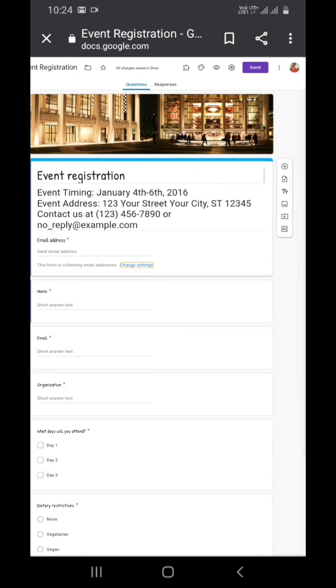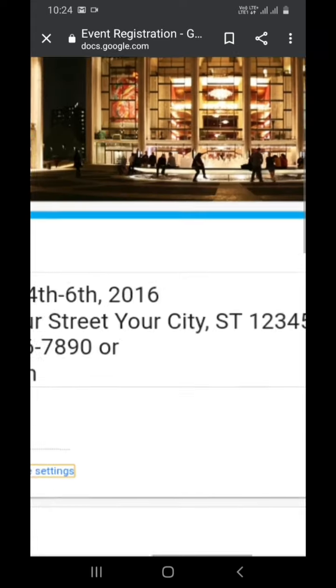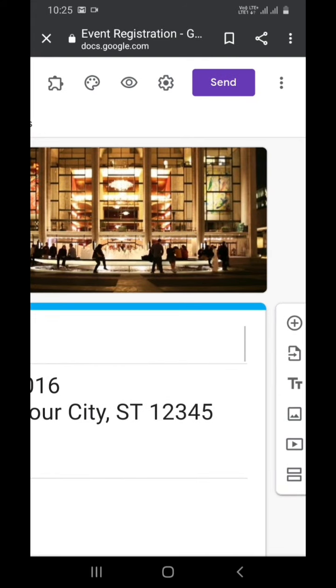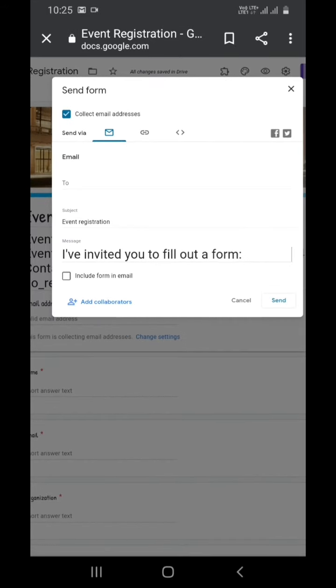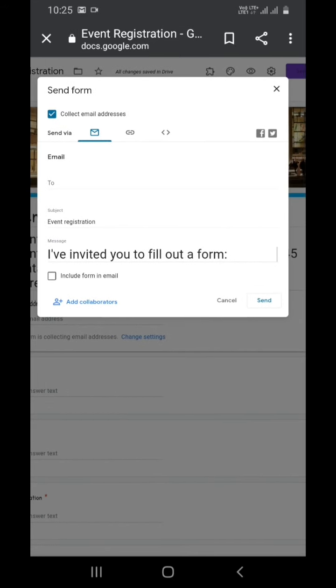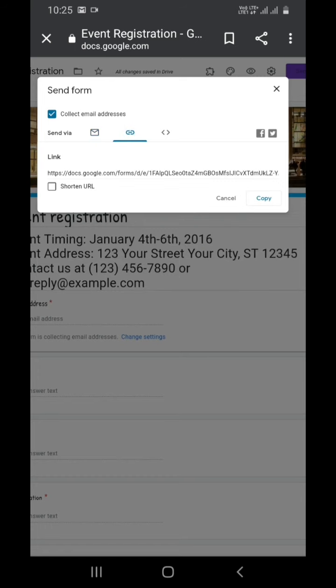The next option, once the form is ready, is to send it by clicking on the send button. Here you can see that I can send this form via email or by clicking on this link button. When you click on this shortened URL, you will get a short link. You can copy that, paste it and send it to anyone, right?